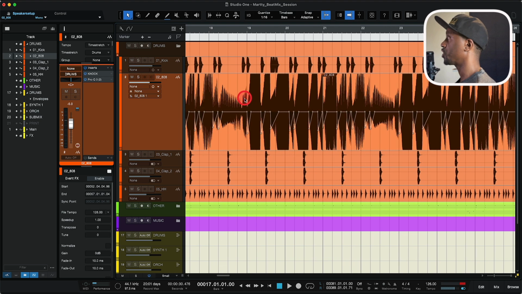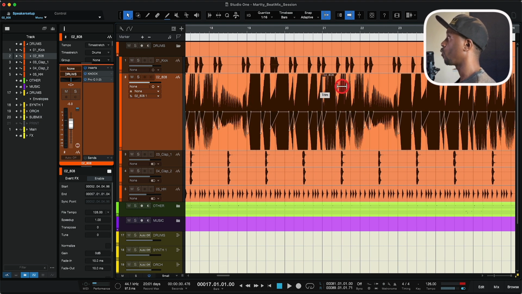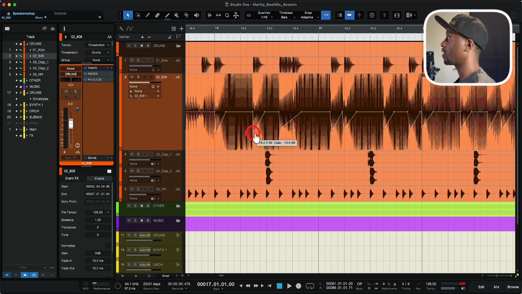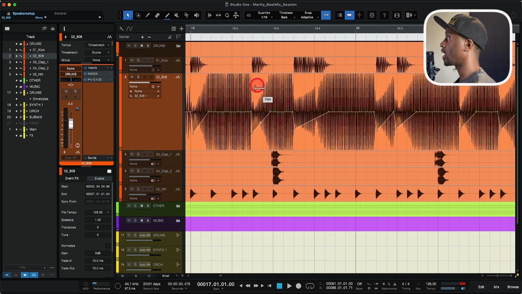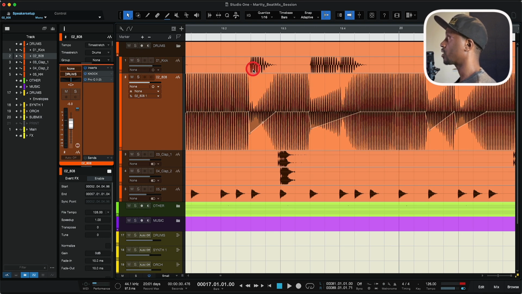Sorry, not a plugin. He showed his way that he gets the 808 and the kick to marry each other. So this is the trick. The trick is to dip down the 808 when the kick hits, so you can actually hear the transient of the kick, but it's not fighting with the 808. So you get them to work and to become one, because a lot of times the 808 has its